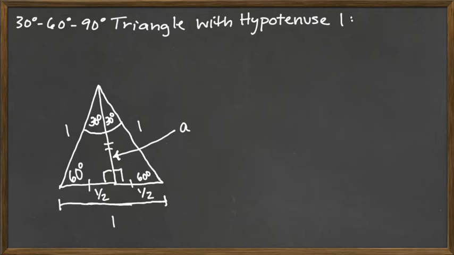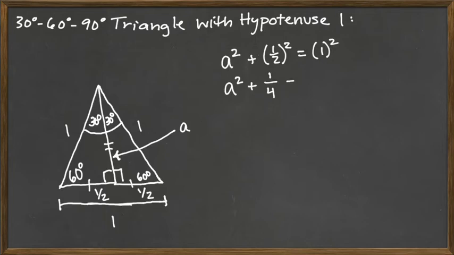Okay? And so looking again at my original right triangle, I have one of the side lengths is A, so I'm going to utilize the Pythagorean theorem, and I'm going to say leg length squared, so A squared, plus the other leg length squared, so 1/2 squared, is equal to the hypotenuse length squared. Okay, and so I'm going to go ahead and compute those values. I've got A squared plus 1/2 squared would be 1/2 times 1/2, which is 1/4, is equal to 1 squared,